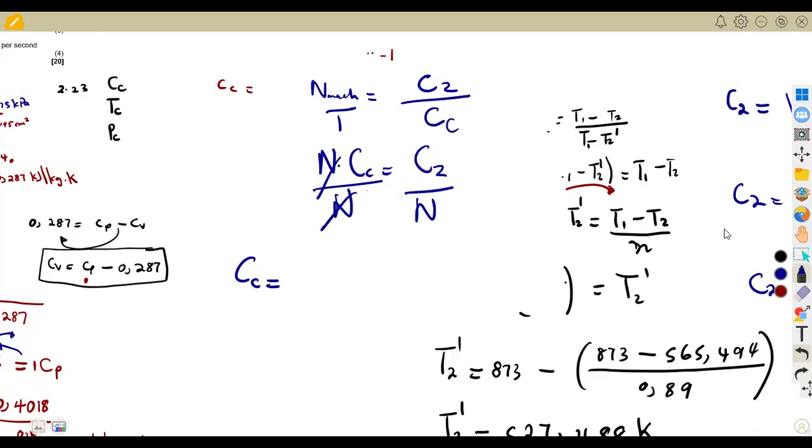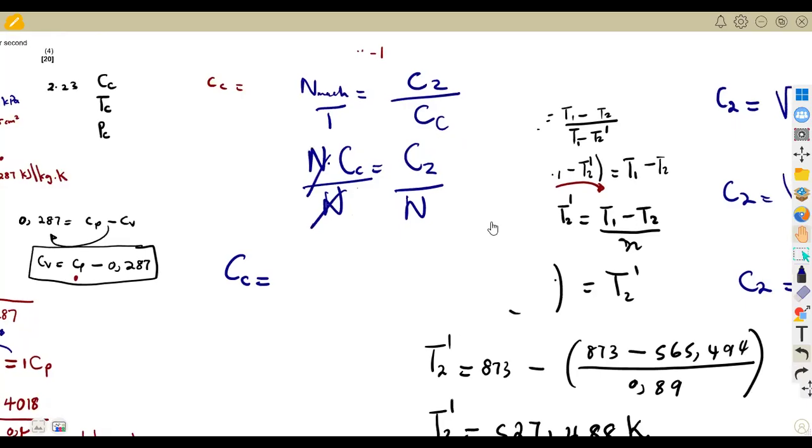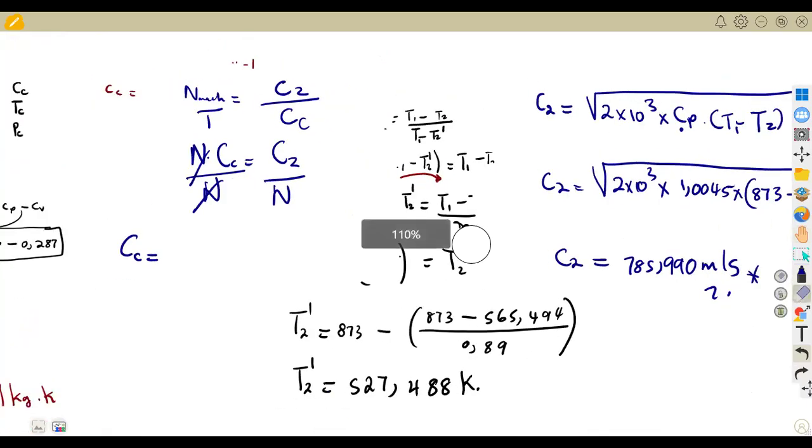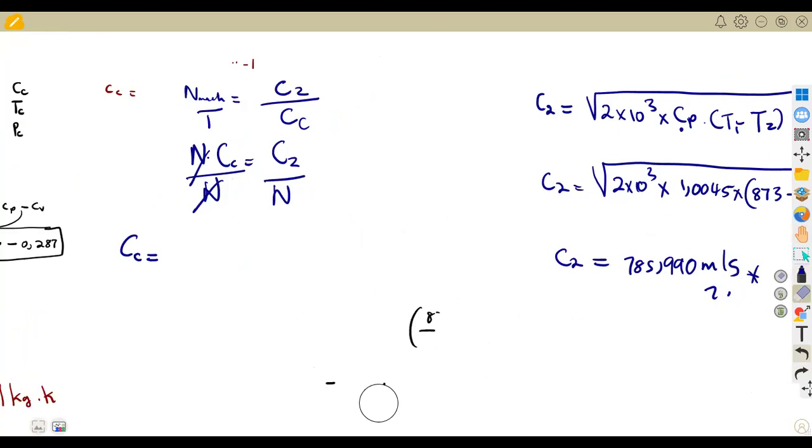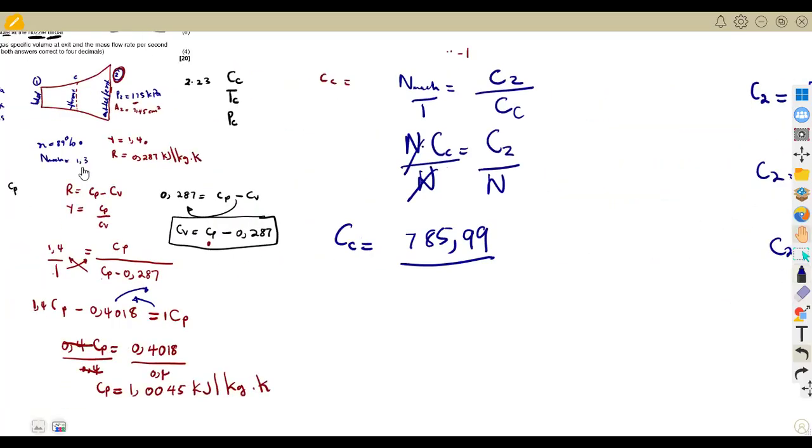which is the one that we calculated before. We calculated our C2 here, so this one is just a substitution. Okay, let me just remove this, guys, it's now causing confusion. So this is 785.99, over the Mach number. Remember, we are given this Mach number, and the Mach number is 1.3. So that means the speed at the throat is going to be given as